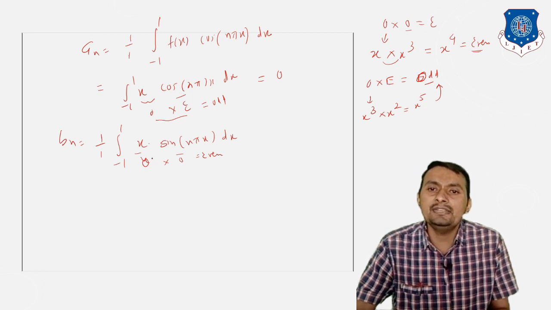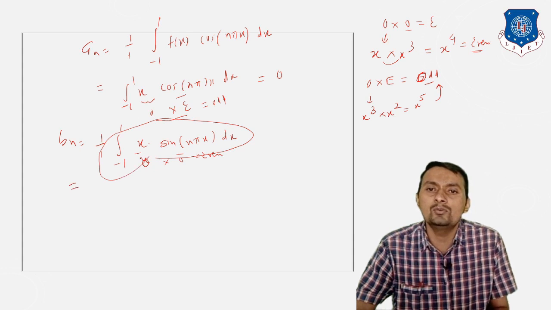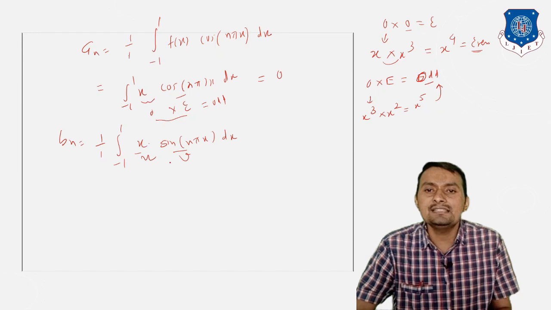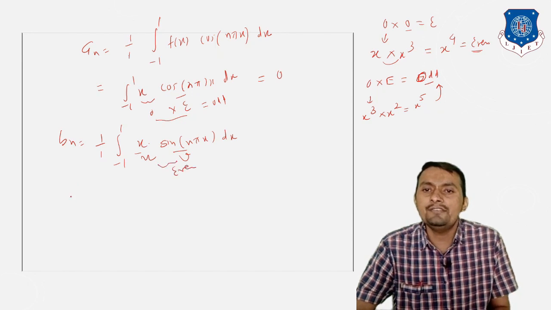But now, to integrate this one, what we have to do is consider the Leibniz rule. This is exactly our u and this is v. So I am just going to consider this is u and this is v. This is an even function, so we can assume two times the integral from 0 to 1 of x into sin n pi x dx. Now you can apply the integration by parts rule, otherwise you can apply the Leibniz rule for the integration part.